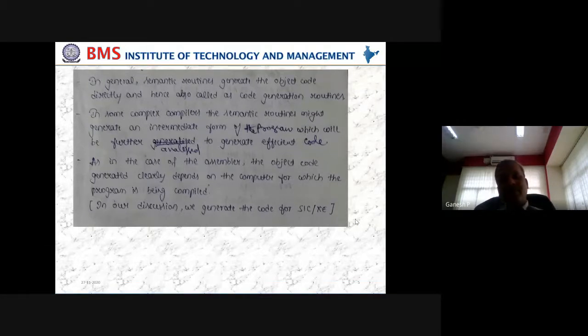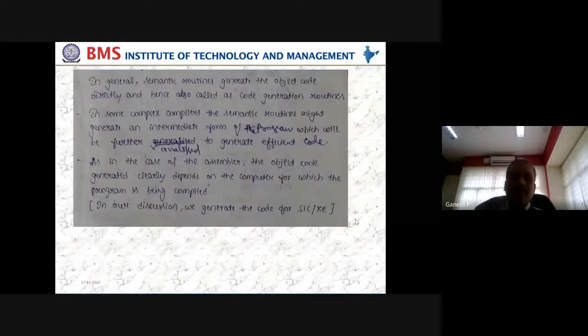But what you have to understand here is there are two methods we can observe. If a compiler is very simple, it is possible, or it may be wise, to have a direct code generation from a given programming language to its object code. However, when the program is complex, or when compilers are expected to work on very complex types of programs or data, then it may not be feasible to directly translate a given high-level programming language into its object code.